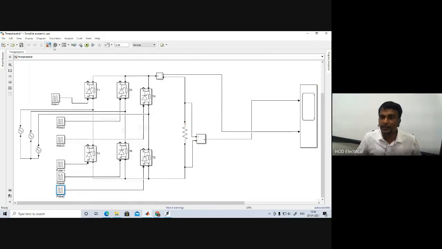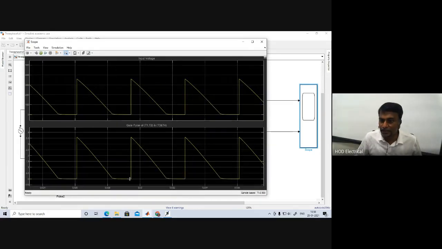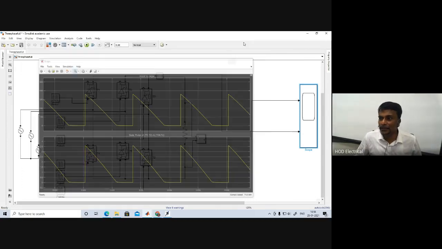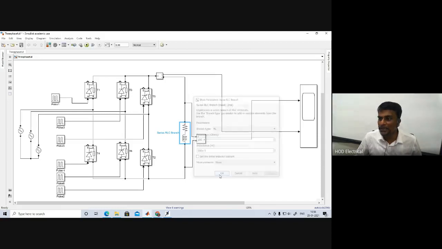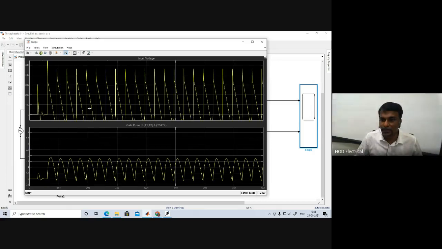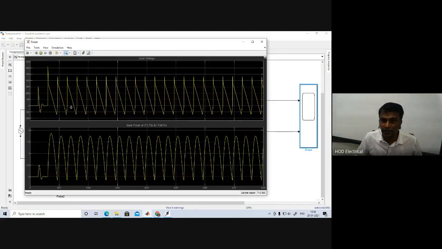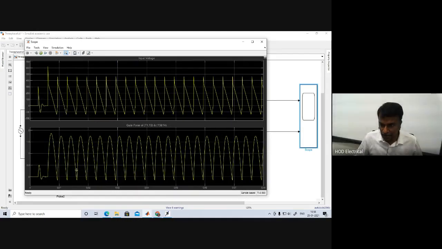Now if you run this simulation, the firing pulses will have discontinuity. This is the waveform, and the discontinuity space will be there. Then if we connect one inductive load, the RL load we already know, negative voltage will appear across this output voltage. See here, negative voltage is coming, so accordingly current will keep flowing through this circuit until then. Then again some discontinuity will be there.